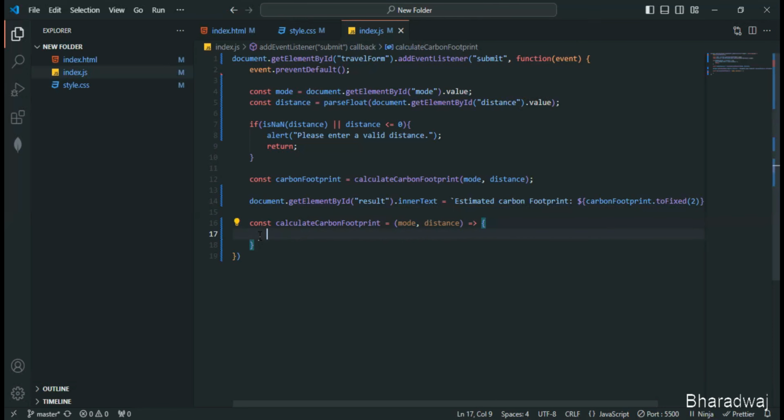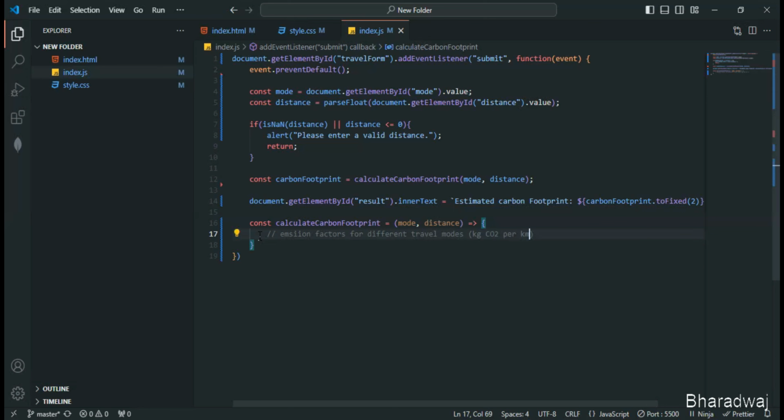First, we'll write the emission factors for different travel modes. I'll just comment this one and write emission factors for different travel modes. That is nothing but kg